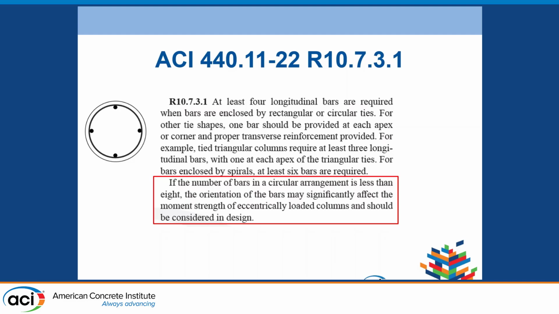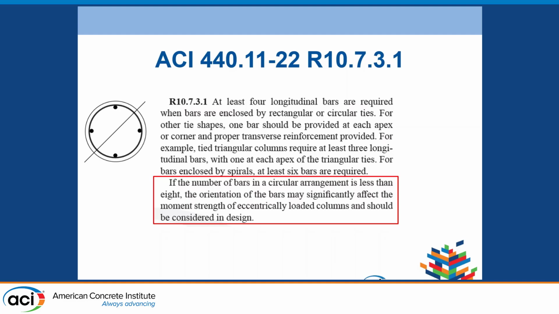Now, the reason we would have such a significant difference in the interaction diagram depending on which axis you're bending about is because if we have only 4 rebars, for instance, the gap between them is quite large. And so if you're bending about this axis versus if you're bending about this axis, the arrangement of the rebars in the tension zone is very different. So about this axis, in the tension zone you have only 1 rebar at the far end. You probably have the contribution of these if this axis is shifted up a little bit. But then if you bend about this axis, for example, 45 degrees, then the layout of the